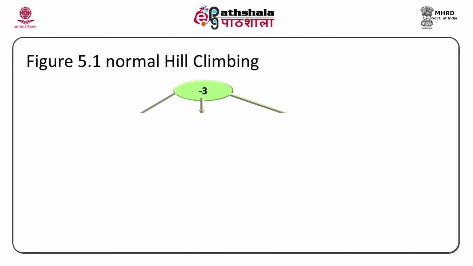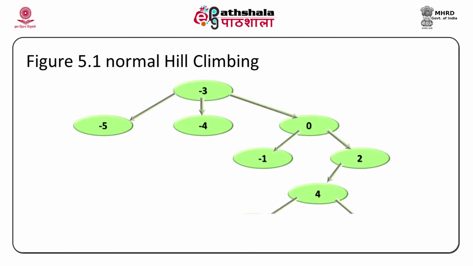If it is better, go ahead. Now you can see this example, this figure actually talks about it. We begin with a state with heuristic value minus 3. We apply the first rule, we get minus 5. Can we move? We cannot, because this particular node has a lesser heuristic value. We would like to have a better heuristic value, so we will not move further. The next one is minus 4. This also is not very good. This is not better than the current one, so we will not move. 0 is better than minus 3, so we will pick that.